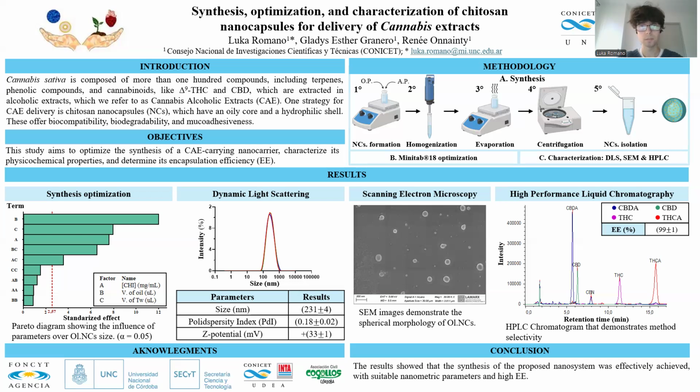In terms of methodology, the synthesis of these nanocapsules was done via the solvent displacement method. The first step consisted of mixing the aqueous phase, composed of a solution of 0.5 milligrams per milliliter of chitosan, and the organic phase, which consists of acetone, 280 as a surfactant, and CAE dissolved in olive oil, to obtain a suspension of nanocapsules, which we then subjected to homogenization, to get a uniform population of nanoparticles in terms of size. Then, the samples were left overnight to ensure acetone evaporation, and centrifuged to obtain a supernatant of nanocapsules, which were